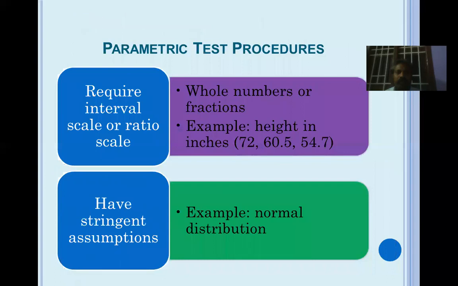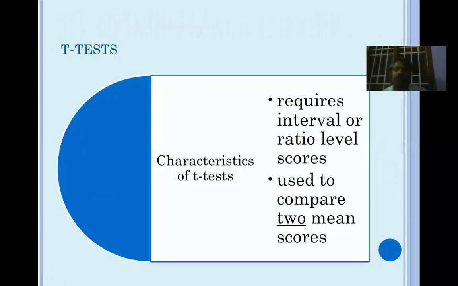Fine. Let us come and discuss parametric tests. As I told you, when you want to conduct parametric tests, the data should be numbers and it should be normally distributed. These are the conditions. What are the various parametric tests? It's the t-test. If you want to conduct a t-test, what are the conditions? The data should be numbers, and the independent variable you are going to use for this particular test should have only two levels.